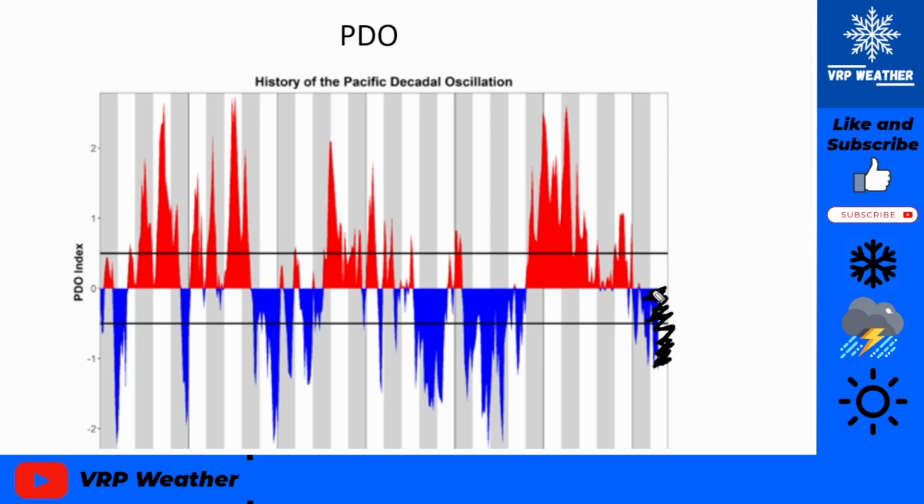And it's been negative for these past few winters, and these past few winters we've been below average for much of the eastern US. So that also gives some reflection and insight. It doesn't mean this winter will be below average, but it's something to keep in mind that we will have a negative PDO once again.